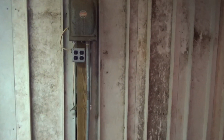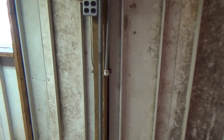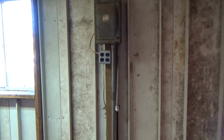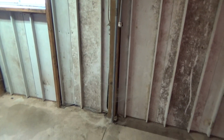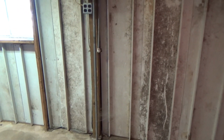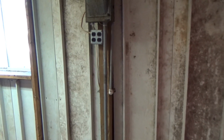This corner, over here, the electrical cabinet is going to get replaced with a new cabinet. They're also going to rerun the line going to the house with a line that's able to handle a higher amperage load out here, because with all the lighting that's going in, that is going to put a higher demand than what's out here right now. And then you add in my computer, as well as the trains and anything else that's out here. We want to have enough support for that higher amperage of loads